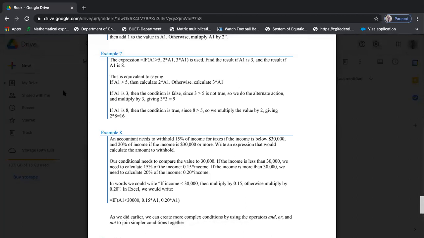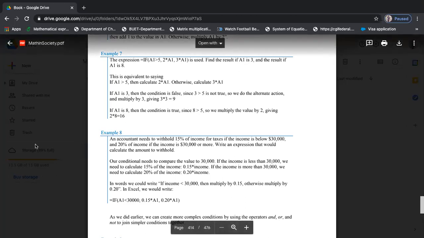So the question says, I have an expression that if a1 is greater than 5, then 2 times a1, then separating with a comma, it says 3 times a1. Now, the first thing is we need to understand what this actually means. Then we can solve it, right? It's actually written using a mathematical expression. First of all, we need to understand what it actually means in English, right? So the condition says